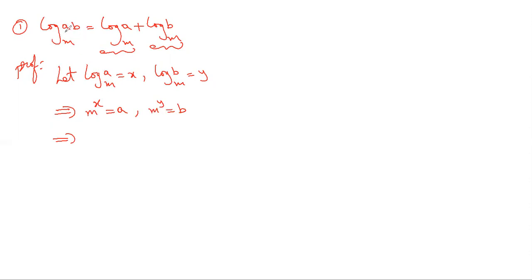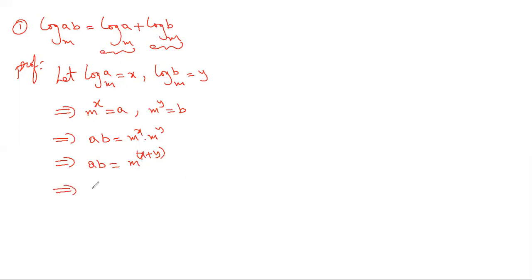First, if you find AB value, then there is a chance of getting log AB. So calculate the product of these two equations. AB equal to m power x into m power y, multiplying the two equations above. So you get AB equal to m power x plus y. You need to treat this x plus y as a single number. Now if you see, there is a chance of getting this result by treating AB as one number, the answer of the exponential function, m as a base and x plus y as a power.